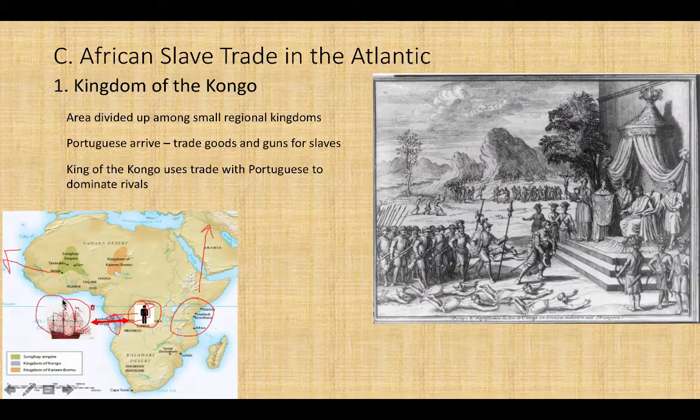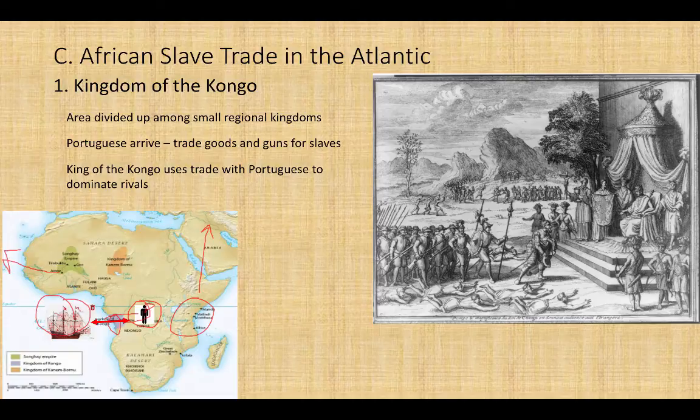The Kingdom of Congo, like I said, is going to become very powerful, and they're going to use this trade with the Europeans to equip themselves with guns. Once they do that, then they can dominate all their other African neighbors, and it becomes the dominant African state in the region. So here we see in the picture the Portuguese coming to the king of the Congo, and